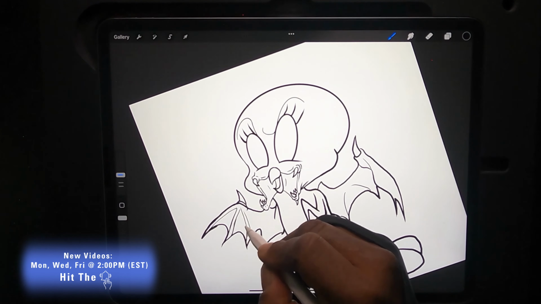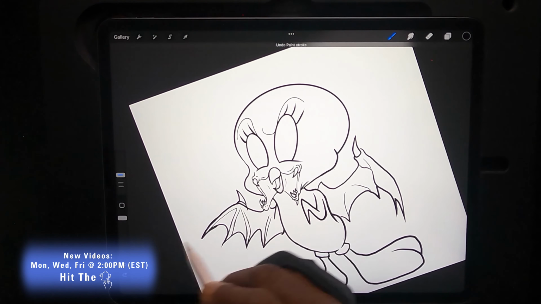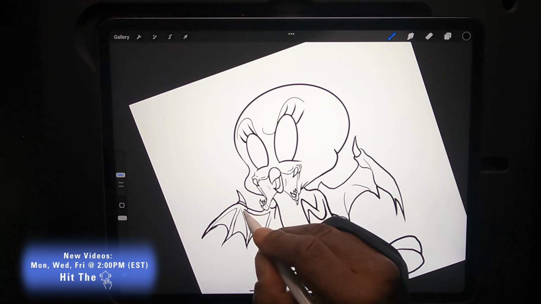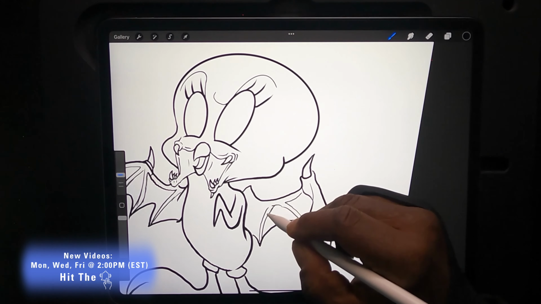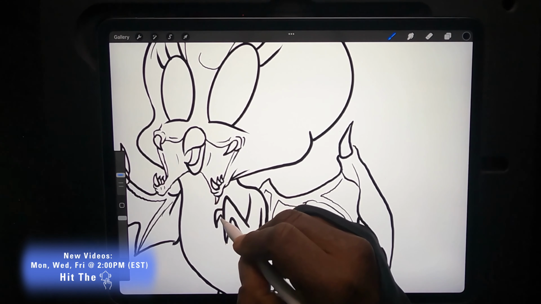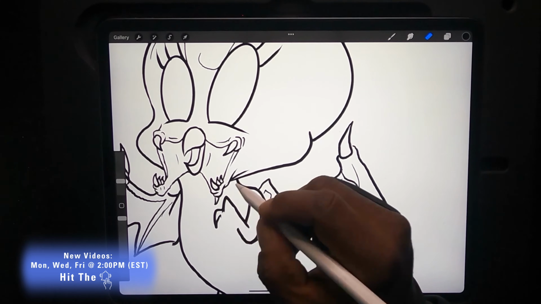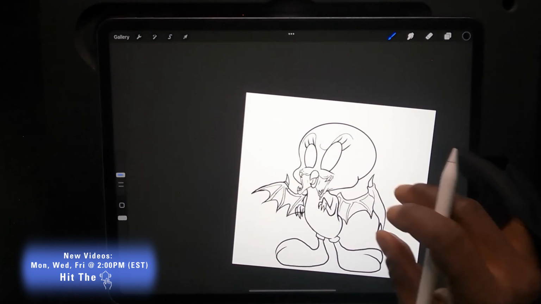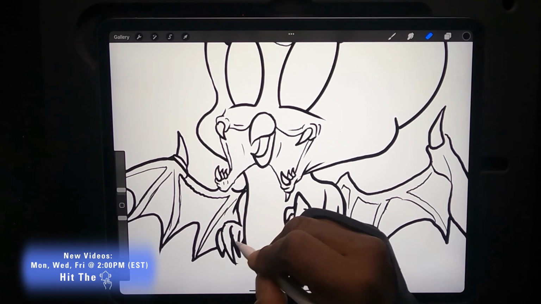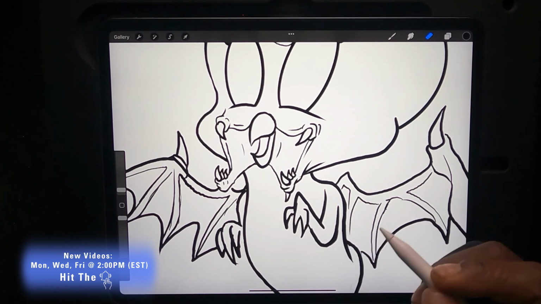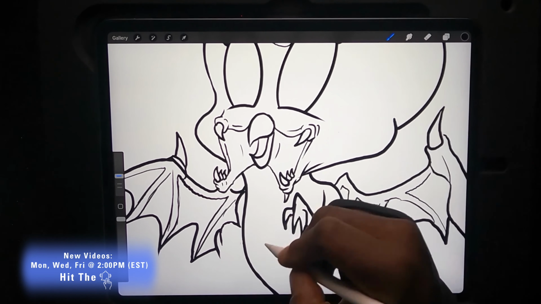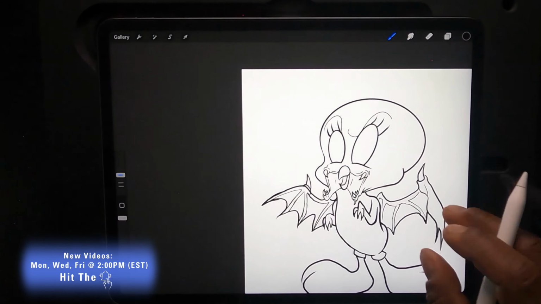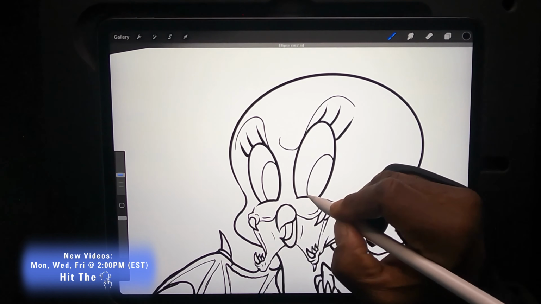I had to erase the right one because I wanted that wing to show more. So I decided I'm just gonna tuck that right arm in a little more, and then add like 3 claws onto these arms right here. Since they're not wings, I'm gonna make them like little evil looking hands or something.